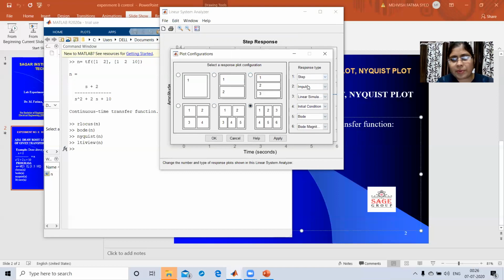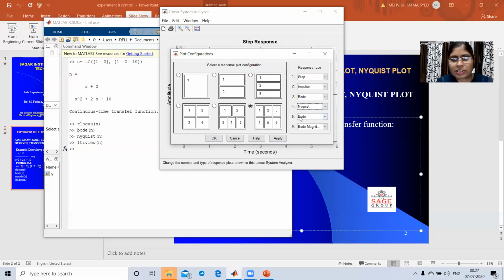Now first is step, next is impulse. I'm okay with this. Now for the third, I want to draw Bode plot. So I'm selecting here Bode plot. Next plot is initial condition. No, I don't want to draw this one. So click on drop down, click on this arrow. Now I want to plot Nyquist plot. So I selected here.